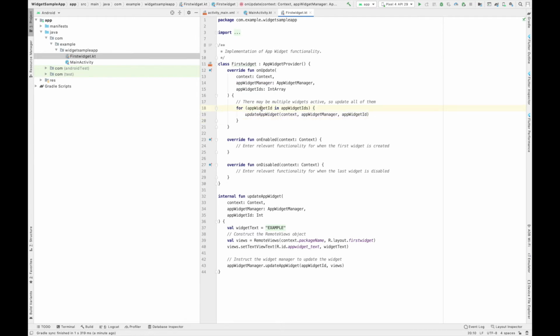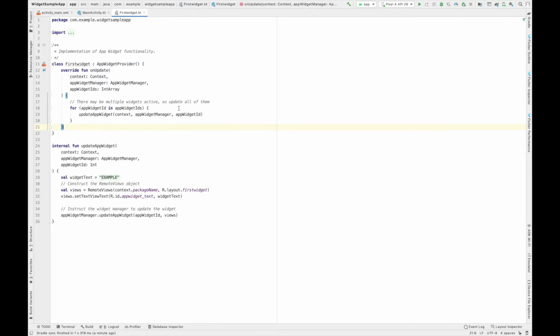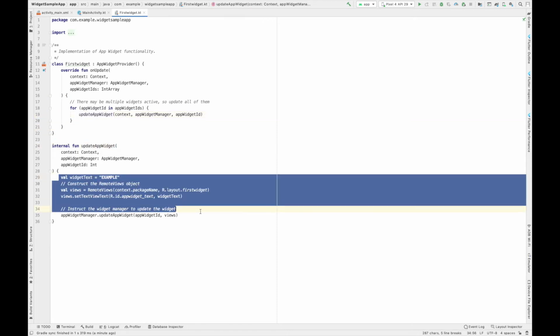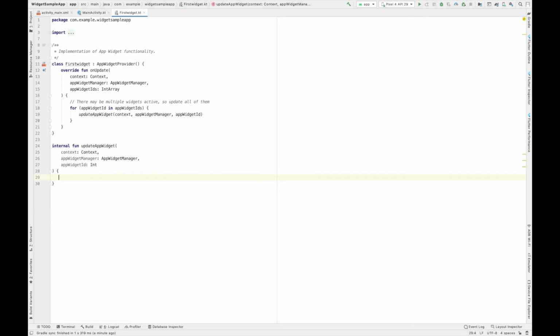So what is this widget ID now? Let me first of all remove this on enabled and on disabled. We don't need them for now, so we can just remove them. So what is this app widget ID? When you install an application, there can be multiple widgets of an app, and there are widgets of other applications as well. So for all the widgets, Android OS provides a unique ID, and this is the ID which is provided to us by the Android OS. So app update widget, this is the functionality which we are getting. Just for better understanding, I'll remove this entirely.